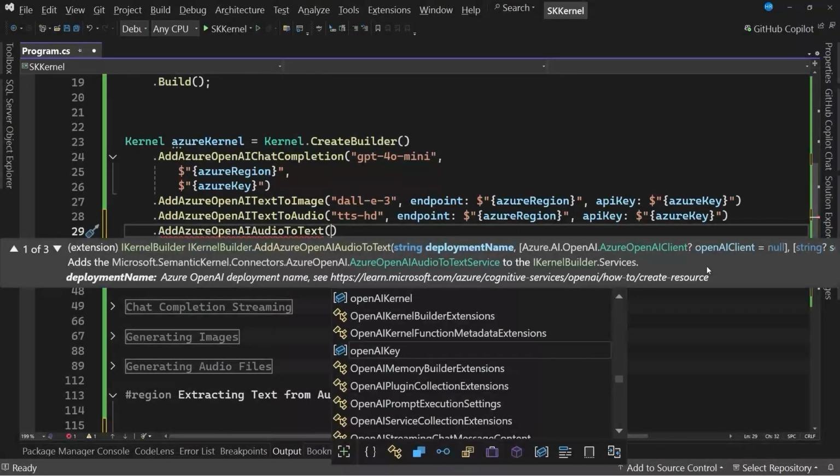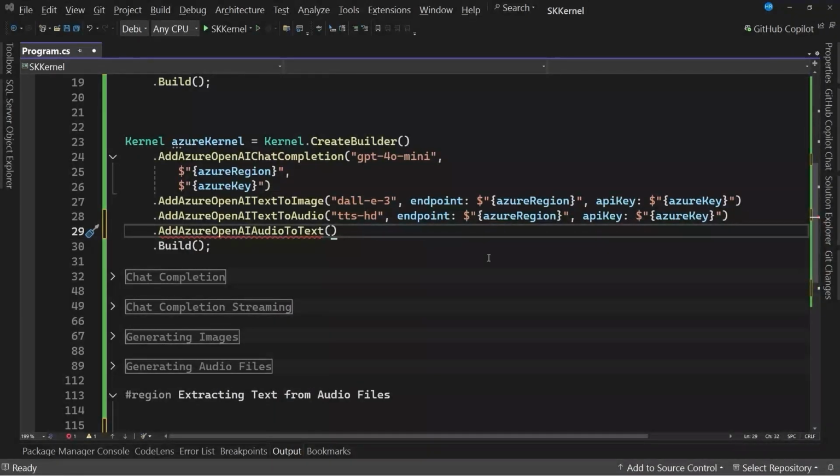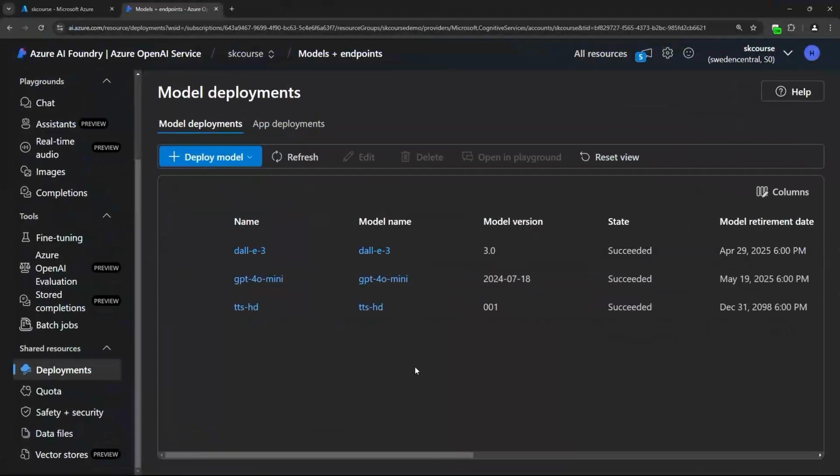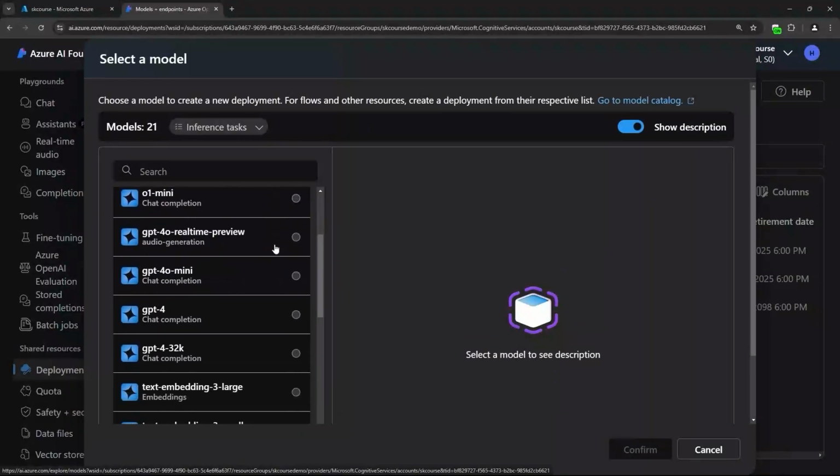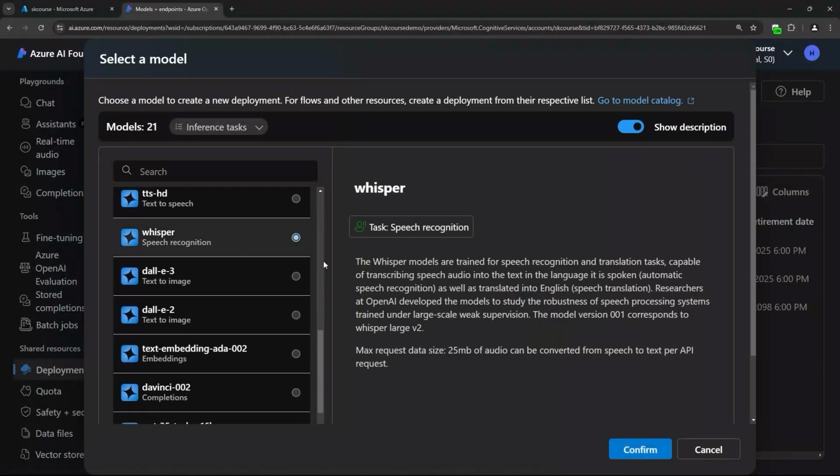Here, we are asked for a deployment name. So let's go to the Azure portal. We will indicate that we want to deploy a new base model. In this new window, we will select the model called Whisper, which will allow us to extract the text from